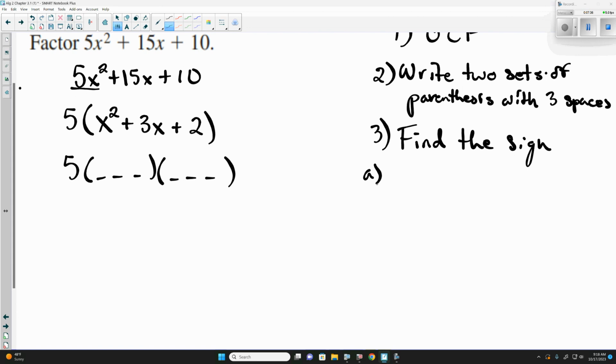The first one is, and both of these are all based off the third term. If the third term is positive,